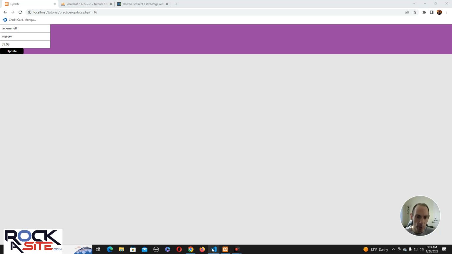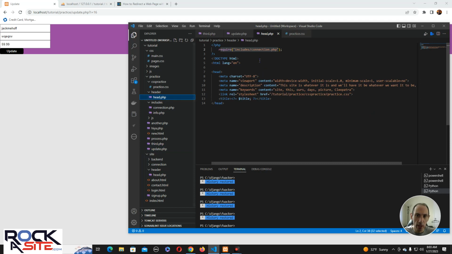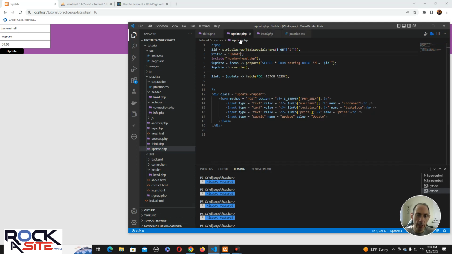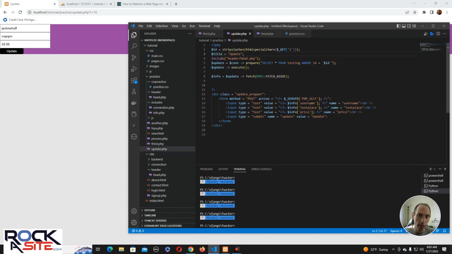Sorry everybody, there's an unforeseen issue with my code here. One of the things that I should have done is made the connection separate from the header. We could do that with the site that we're actually building. The reason is that the connection should be its own thing. If you put them together, then you can't define a title. That's why it's freaking out, because I'm trying to define a title